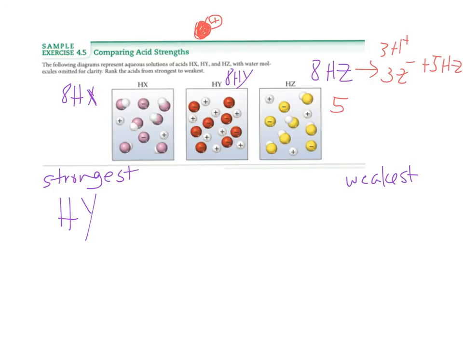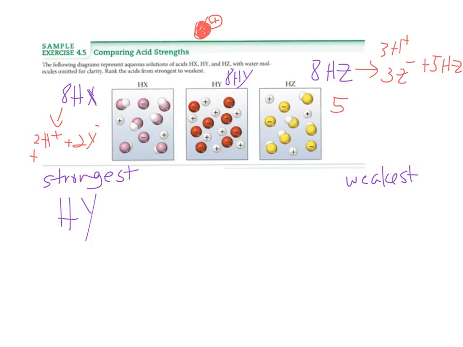On this side, the HXs have dissociated into 2 H pluses, 2 protons, one's over here and one's over here, and 2 X minuses,